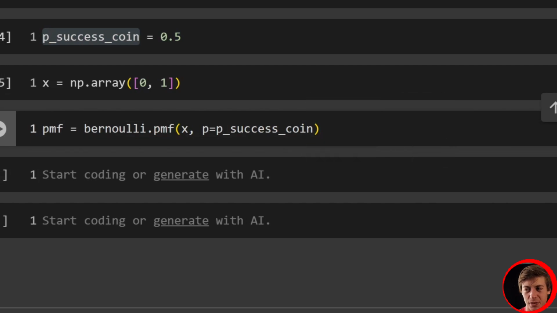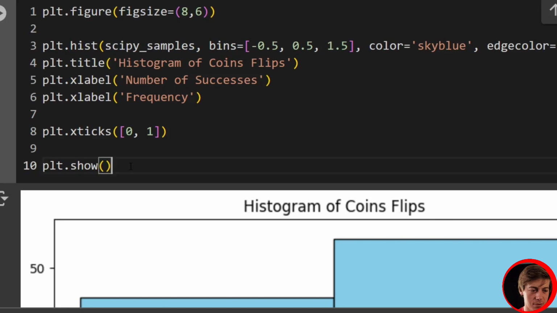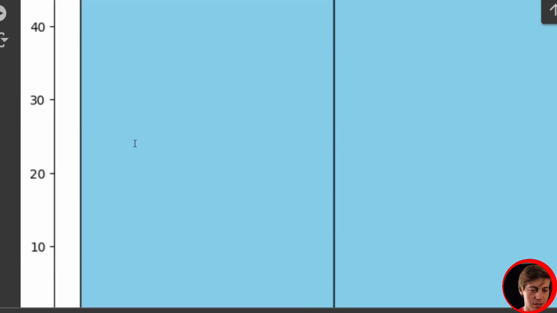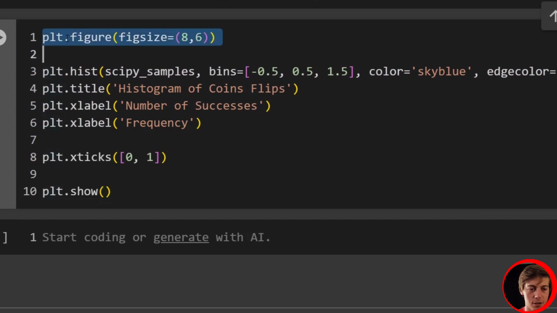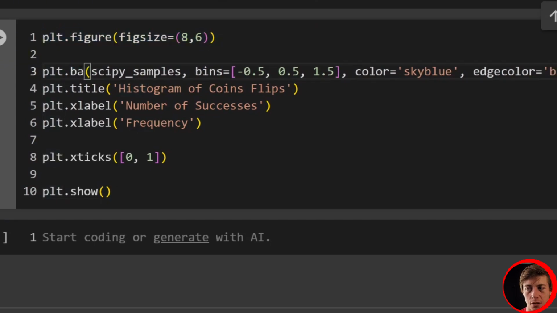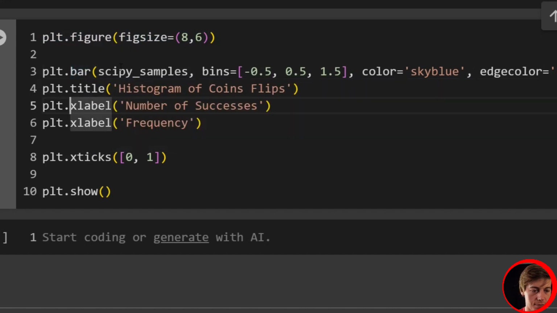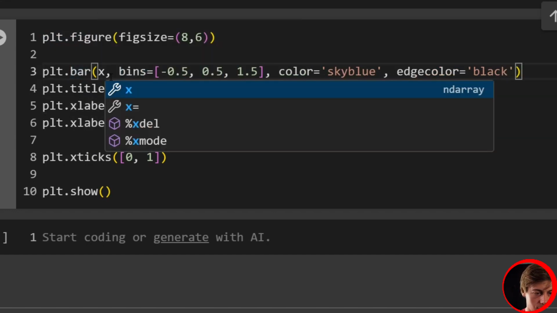That's awesome. And then let's plot our stuff out. A lot of this code's gonna be the same, so I'm literally just gonna copy this to start off. I'll change it up, right? So figure, good with that. Then I'm gonna set up a bar this time. So bar chart, we'll have x over PMF,